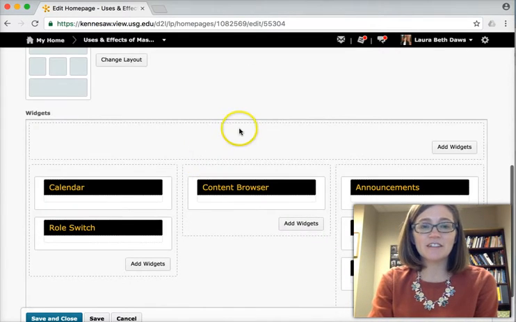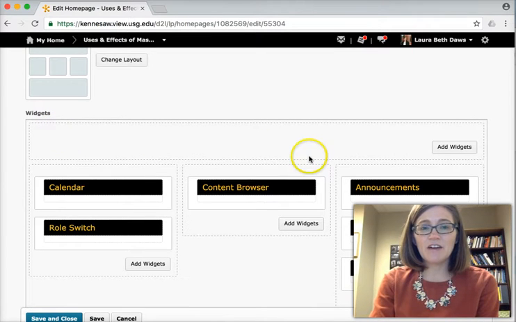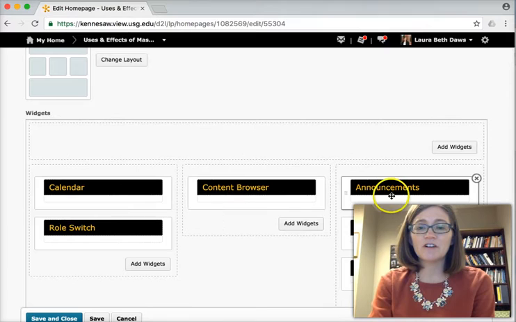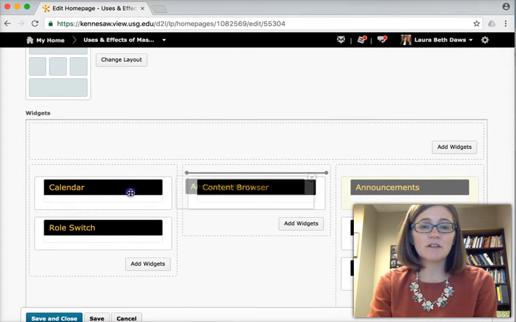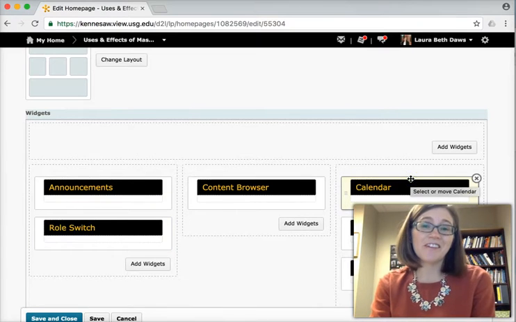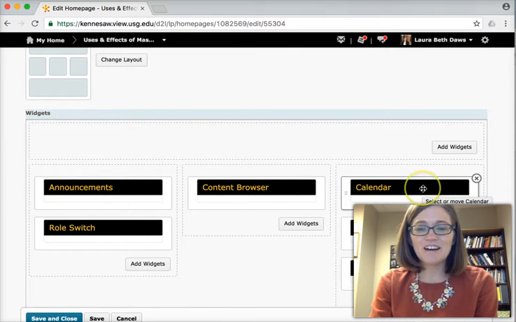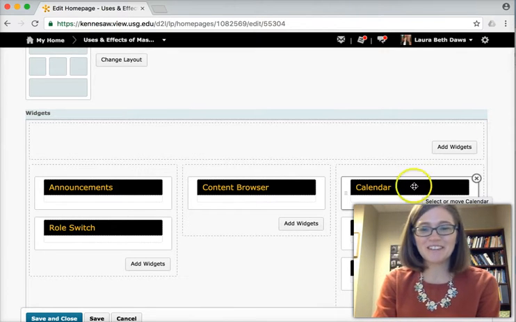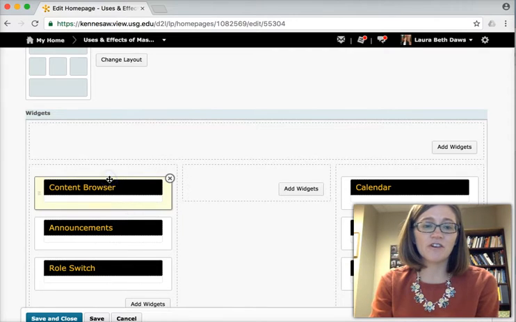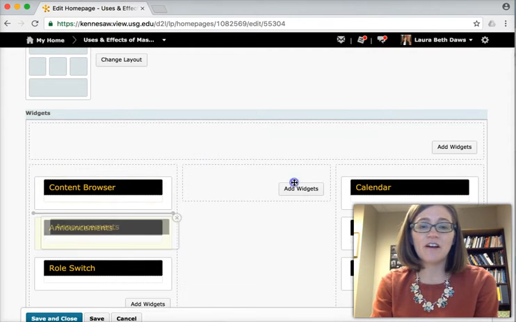Right now, I've got the standard header right here with your calendar, your role switch area, content browser. You can switch these around. So if I wanted to move my announcements over here, I could. If I wanted to put my calendar on this side of the screen, I could do that. Might throw some students off because most of us keep our announcements on the other side. If I wanted to make my content browser first and foremost, I could put that there and then have a